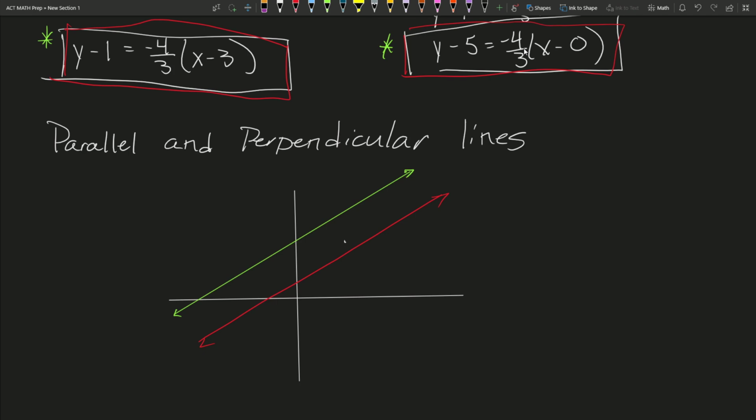Yeah, at a right angle, right? So it's going to look something like this. All right. Now, first, you just have to determine what those graphs actually look like. And then usually the question will have to do with which equation is perpendicular to this line. All right. So when we talk about parallel and perpendicular lines, let's just for a second make up an equation